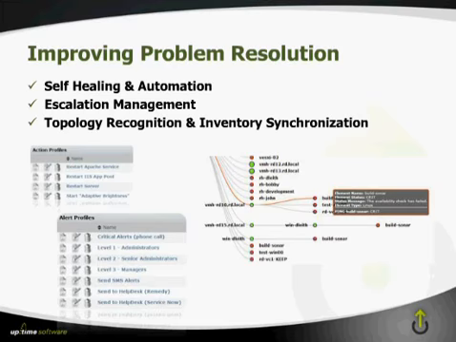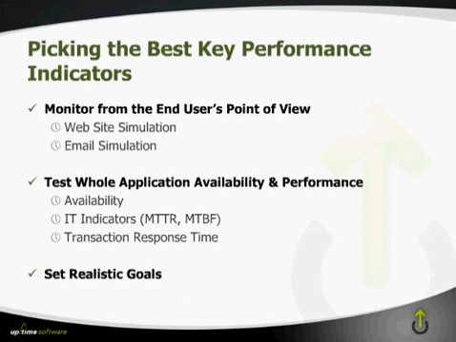The next thing to keep in mind is all about picking the best key performance indicators. So it's very traditional in data centers to have a report that is just all about infrastructure availability. My favorite one is that your server should be up 99.99% of the time, which is interesting, although not very valuable when it comes to delivering applications in these hybrid environments, because the reality is that many of these components are redundant, and many of these components will shift dynamically around a hybrid environment as there are infrastructure failures. So it becomes much more important to report